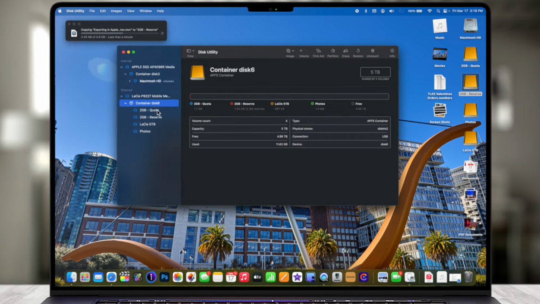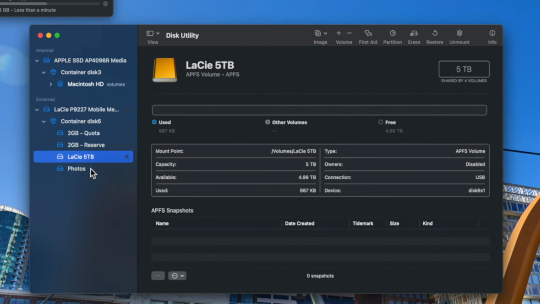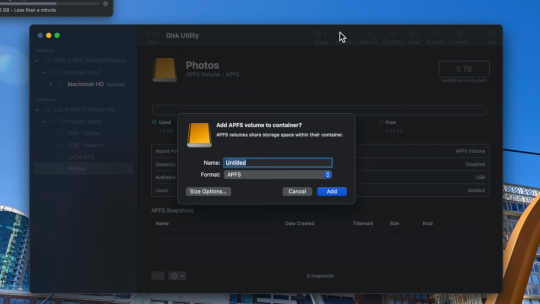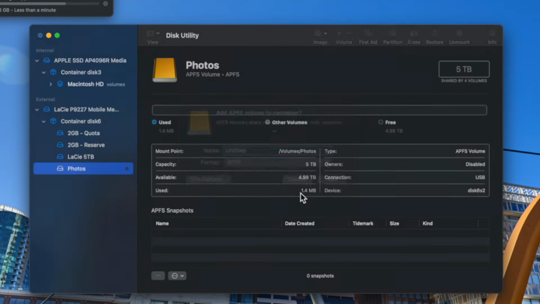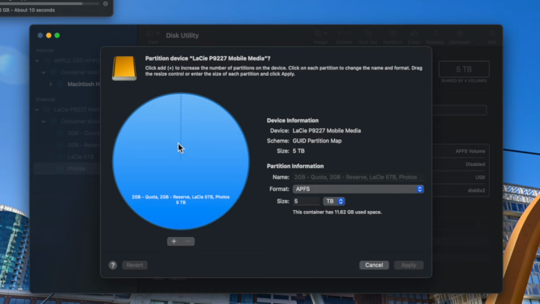If we go back to Disk Utility here, we have all of these different volumes. I can add more volumes if I want to, but I'll choose cancel there. If you go to partition, you're gonna notice that it's just still one giant bucket, but with all of these volumes, you don't really have that slider to designate because the volumes are designed to fluctuate and change. They're not forced into one specific size. Volumes can expand and contract where a partition can only contract. You can't expand an existing partition.